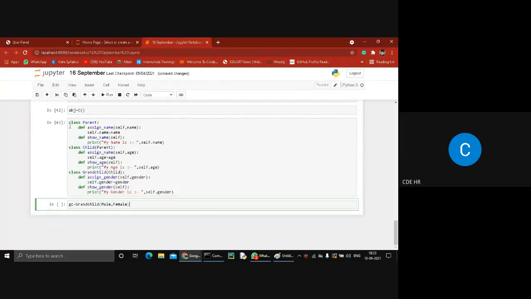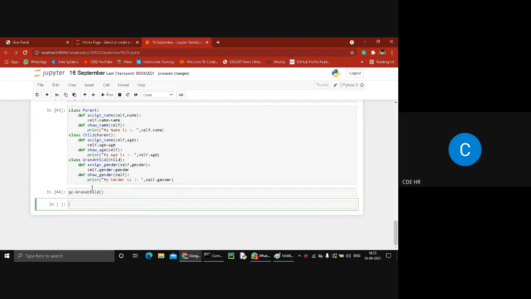But in this case, we don't have any constructor, so we don't pass any argument in my object. Okay, so guys, please try to understand. We don't write any constructor, so we don't pass any argument in my object. Now it's clear. Yes, Tanuj, is it clear or not? Yes, sir.